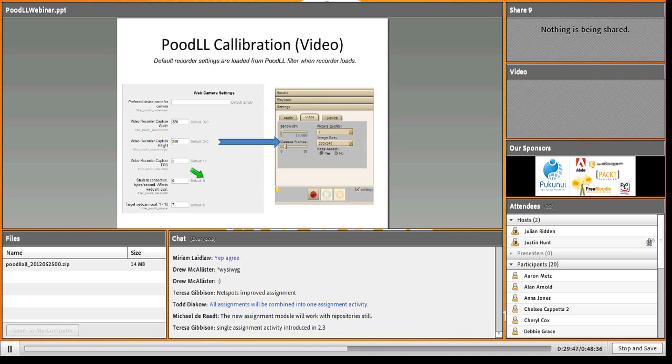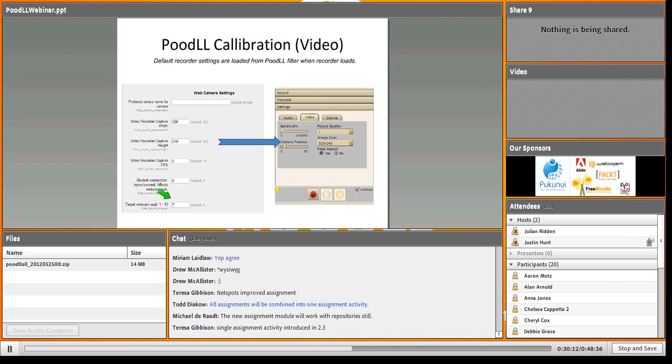And the settings do make quite a difference, so it's worth playing with them. In particular, the video settings, I better just cover this. We have the bandwidth connection here, and then we have the web camera quality settings here. So if you think of webcam quality as compression, then 10 would be very low compression and high quality, and 1 would be lots of compression and pretty poor quality.